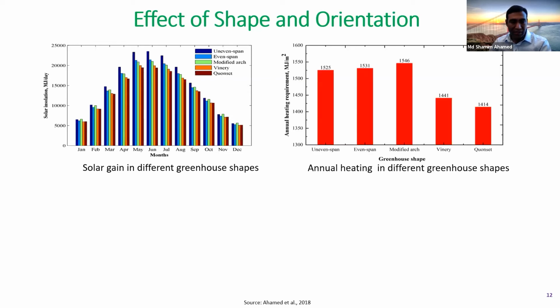But if we analyze in terms of the heating requirement, we can see that this effect is no longer balanced in terms of the heating. In that case, even the even span, although it receives the lowest solar heat gain, in terms of the heating cost is almost the same as the uneven span. And the other shapes, like the binary and quinset, also have just a very small solar gain, but